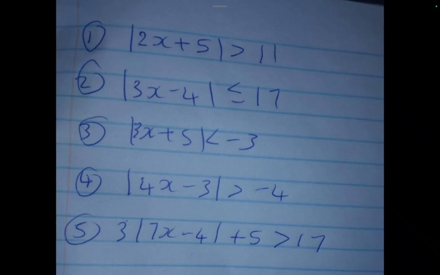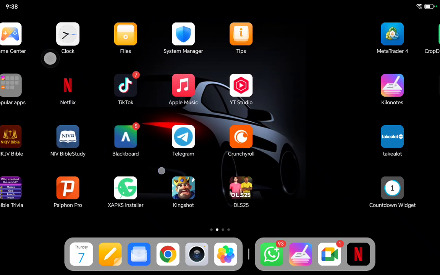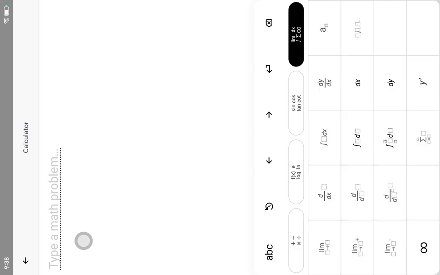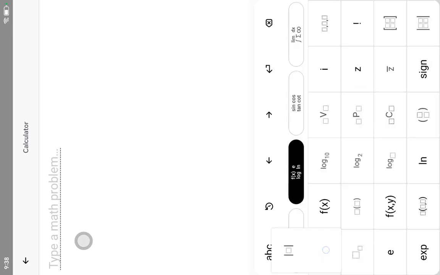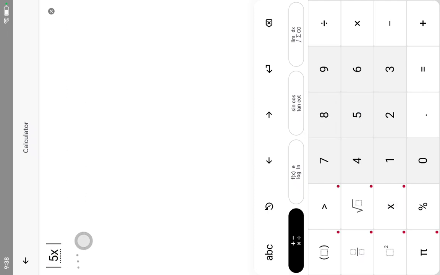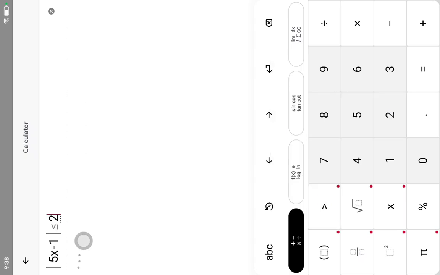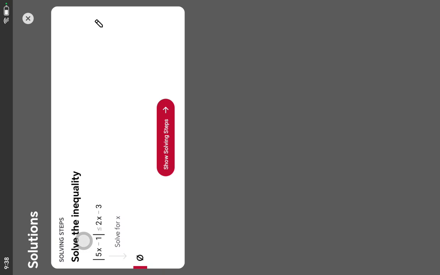Okay, let me try. Maybe let me see if I have that app for Photomath. Let me try to search this question. I think the question was saying that we have the absolute value, right? Where can I find the absolute value? It was the absolute value of 5x minus 1, which was less or equal to, I think it was 2x minus 3. You see, right? The solution set for this would be,